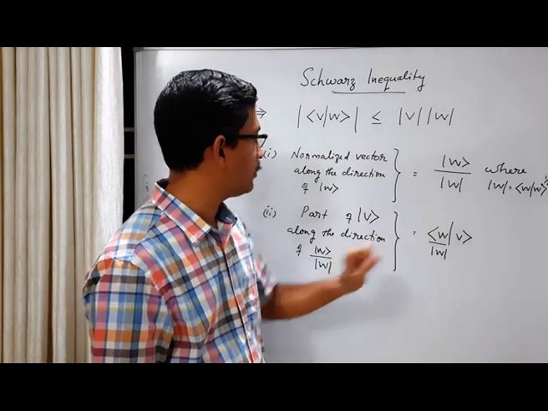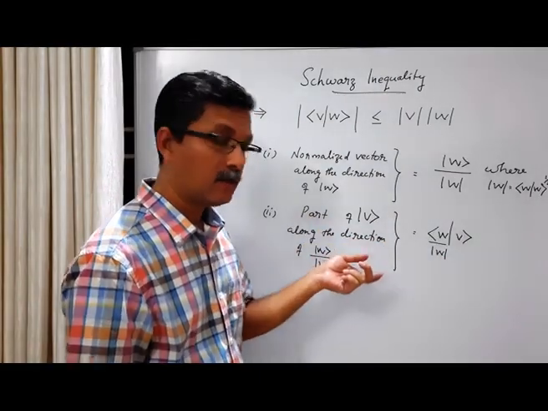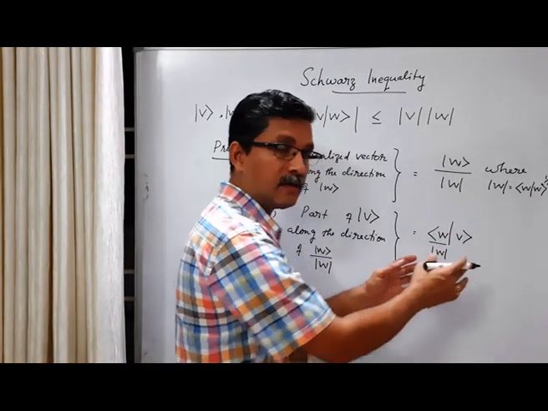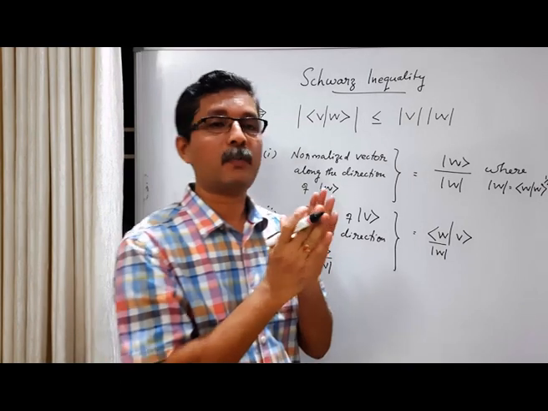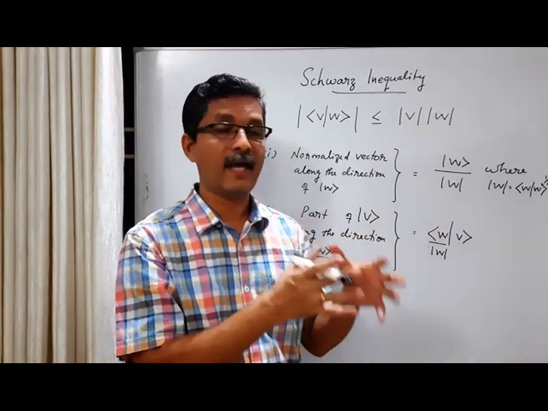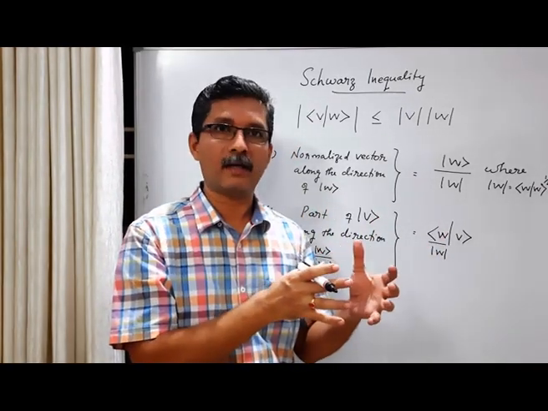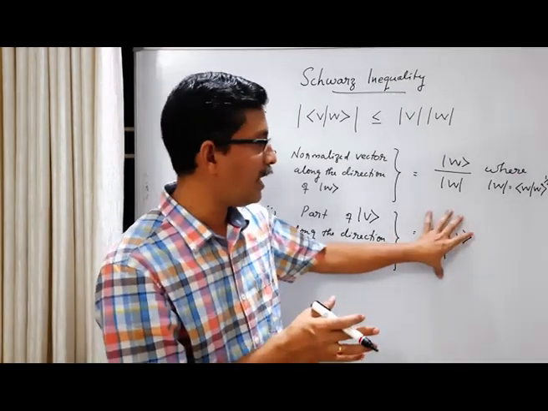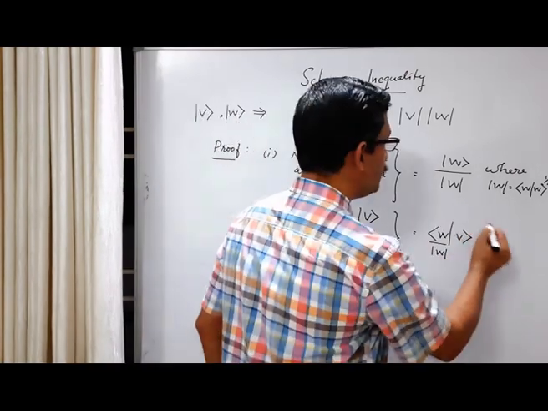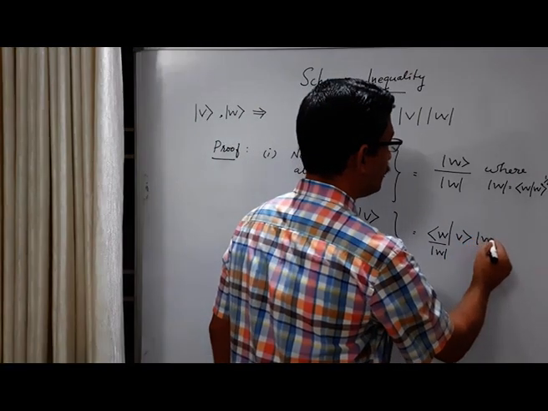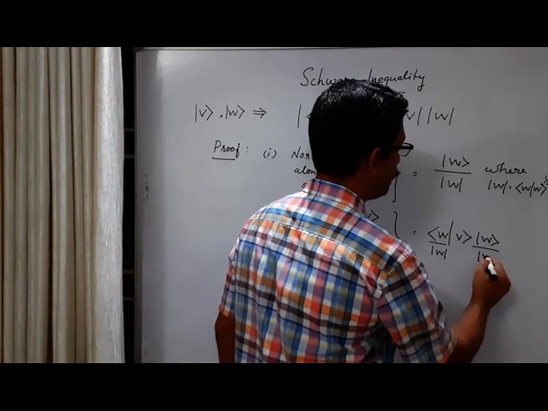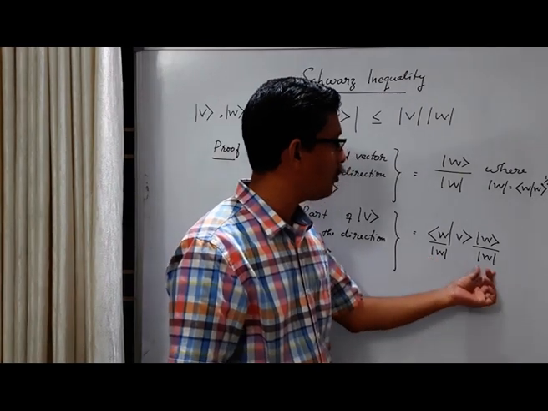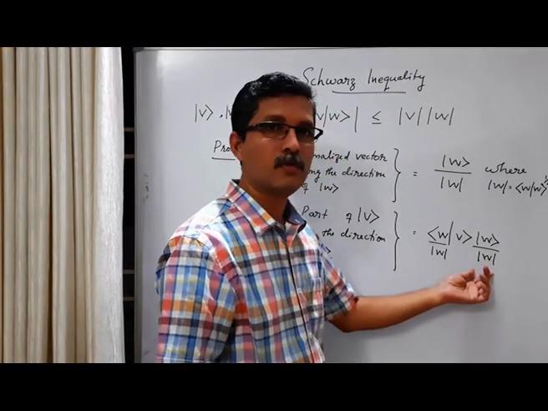And this is the component only. And what is the vector? Vector part along this direction. In order to get the vector part, we have to add the unit vector. See, vector part of A along the direction x-axis is axi. So ax is i dot A, but you have to add the direction also. So axi. So this is the ax part. Now what is i here? The unit vector along this direction. What is the unit vector? Then you have this modulus w here, modulus w here. Then you get modulus w square.